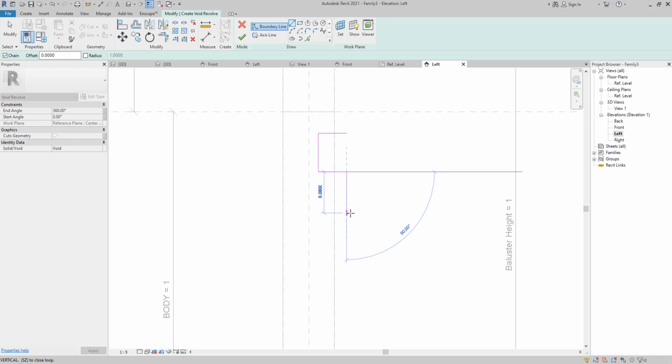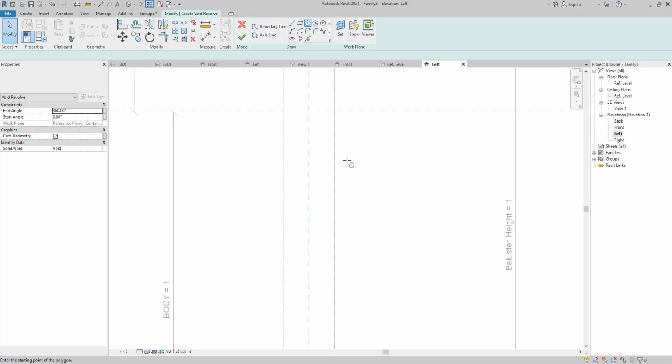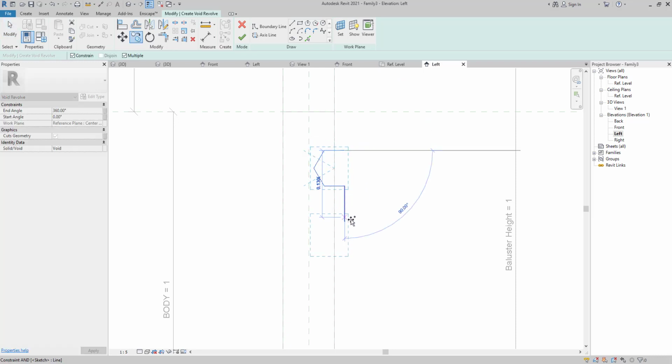For example, we can create something more complex, like something like that. And after that, we need to delete these two, create one line here,